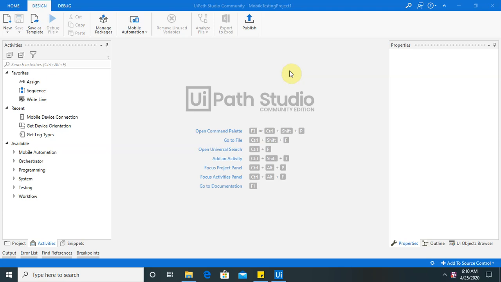So for those who are still working on desktop applications and other web-based applications and are looking for a mobile application automation tool integrated in UiPath, they can use this for their reference. I will explain the details of how you can do that, and in a further session I am going to create a different module on mobile applications for example purposes. So let's begin with this.